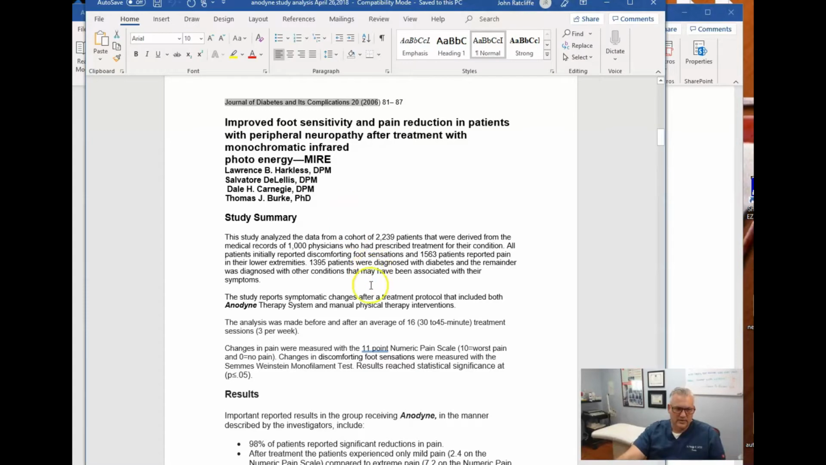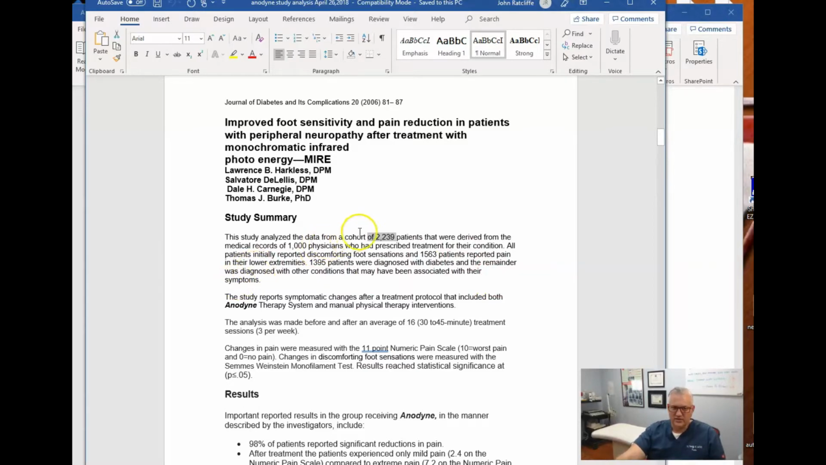So these people analyzed 2,200 patients from 1,000 different doctors who'd been prescribed treatment for their neuropathy, probably gabapentin or Lyrica. All patients reported discomforting foot sensations, and 1,563 patients reported pain in their lower extremities. Of that, 1,395 patients were diagnosed with diabetes, and the remainder was diagnosed with other conditions that may have been